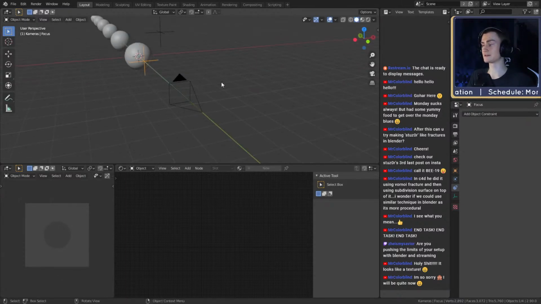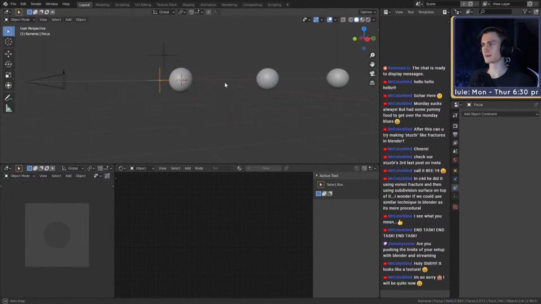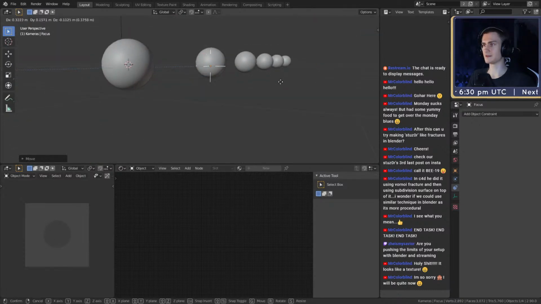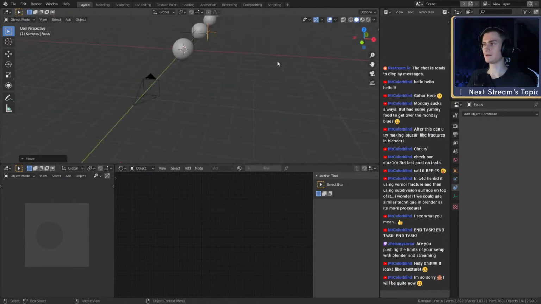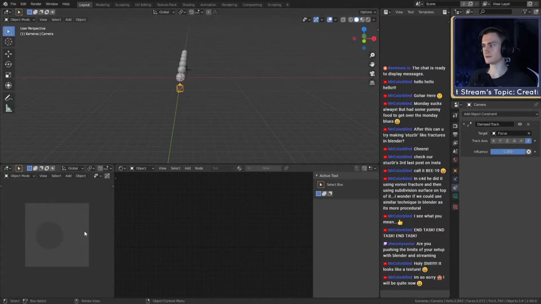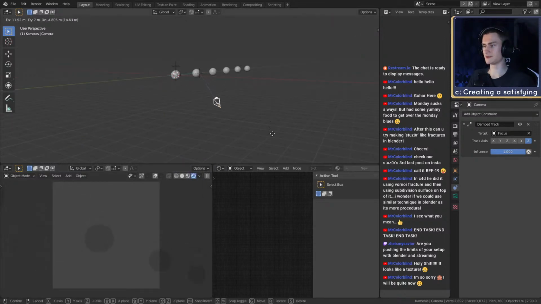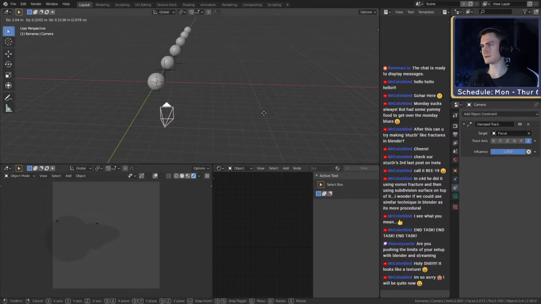And also the best thing about this is you can say, okay, I want to have the focus on this sphere right there, like on this side. You can put it right there, and then you can move your camera and look at the viewport down there. It will always focus on that point, so you don't always have to rotate the camera when you move it to a different spot. You can just move it around and the camera will always focus on that spot. And of course it's not all.